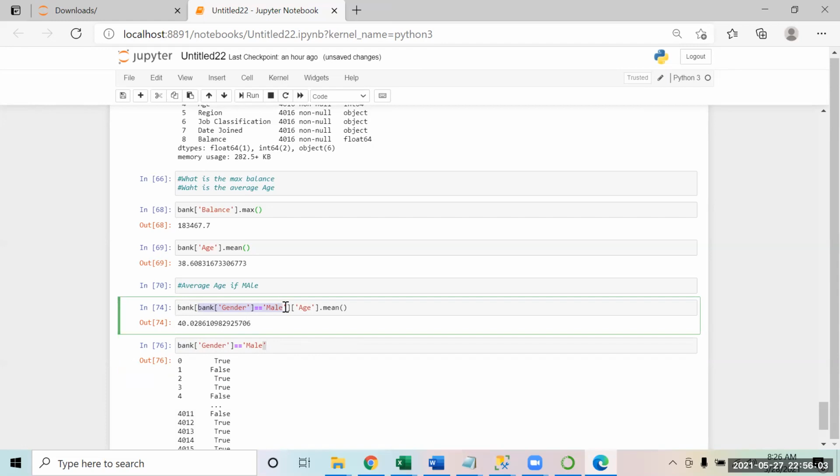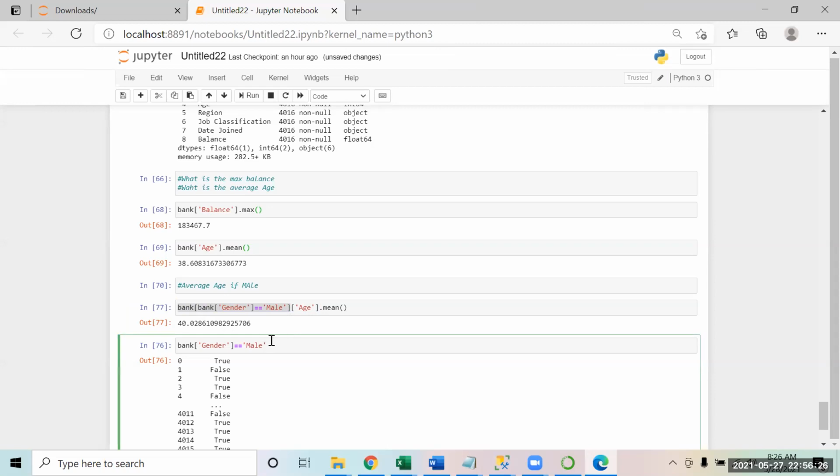So basically this is also something like indexing that we are doing, right? And then from that, from the complete data set, we just want to keep the column of age. This was the complete data frame, and I am saying I only want to keep the data where the gender equal to male is true. And from that data frame, if I just run this now, for example.